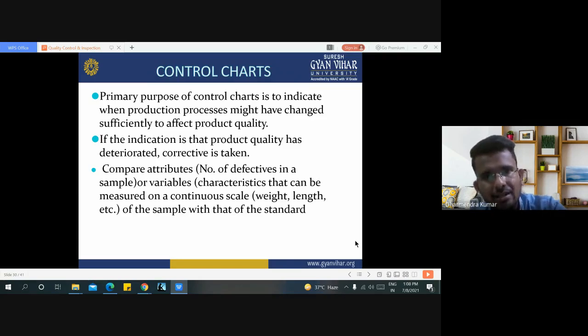If the indication is that product quality has deteriorated, corrective action is taken. If the chart regularly shows that the product quality deteriorates, then it's time to take corrective action and improve the quality of the product. Compare the attributes or variables of the sample with those of the standard.